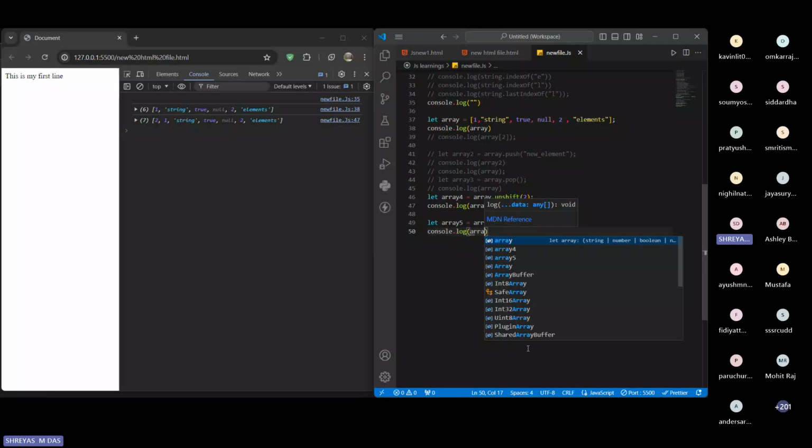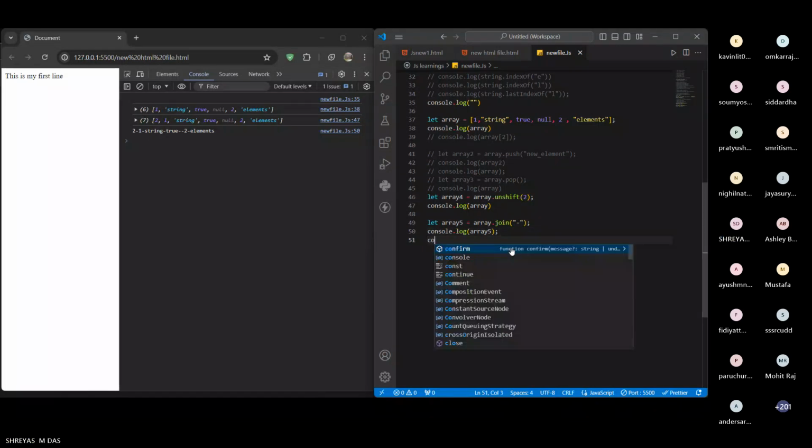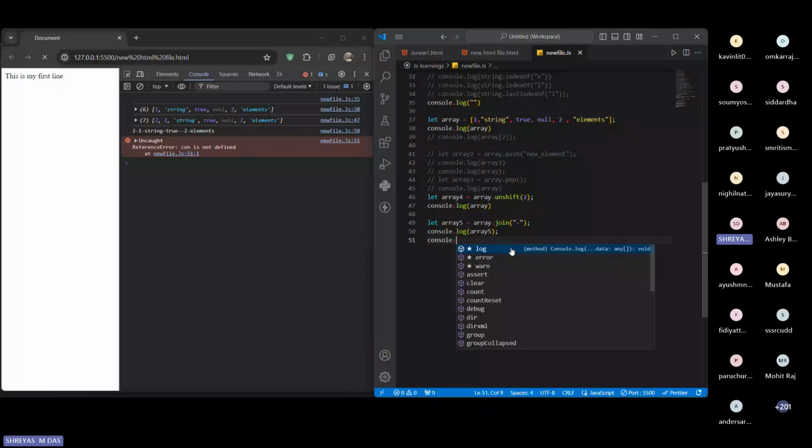So you can see that any element that we give inside these two parentheses will get added in between every element. So it doesn't change the complete array. So if I print the array, it will